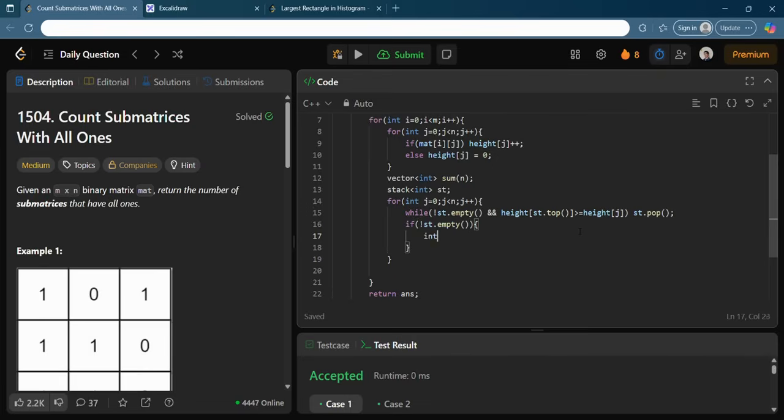So while the stack is not empty, what you can do is you can have this p and this stack dot top. As you get this p, you can store this into your sum array. Now sum will store all of my values. This sum of p is nothing but this h of j into j minus p. Why am I doing j minus p? Because